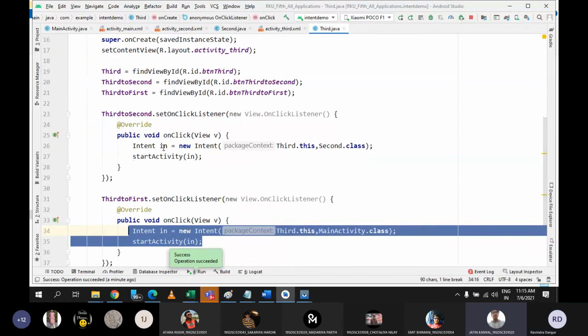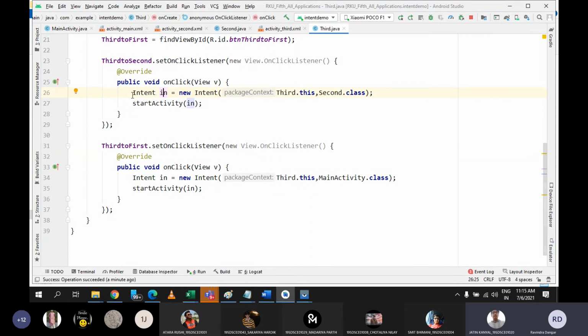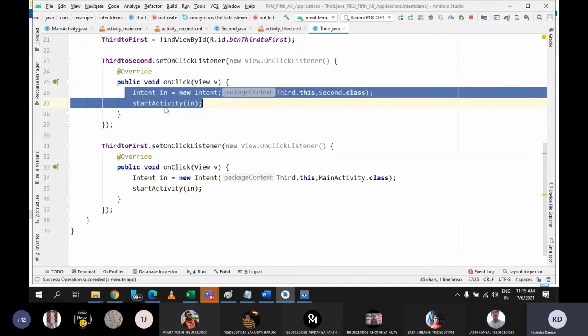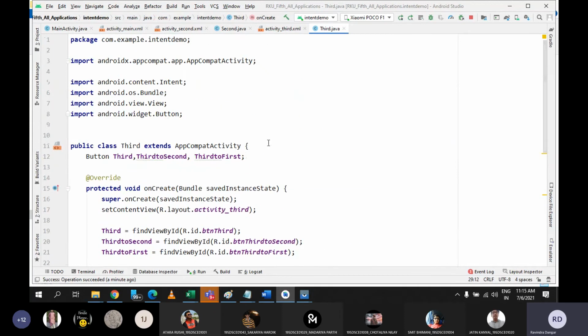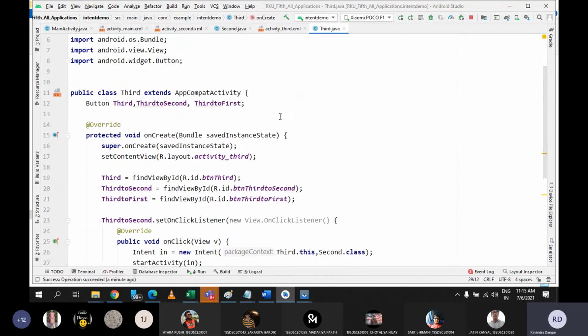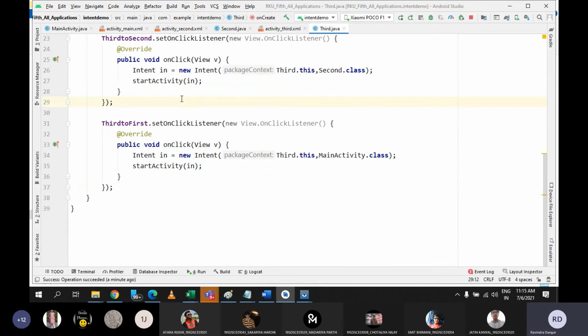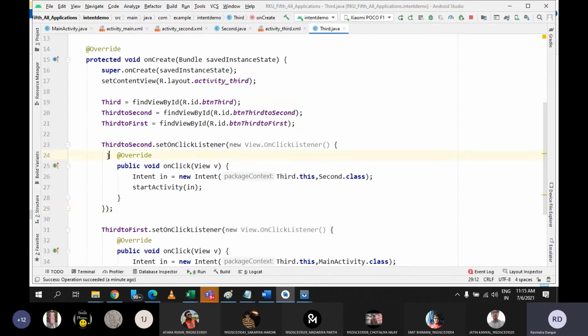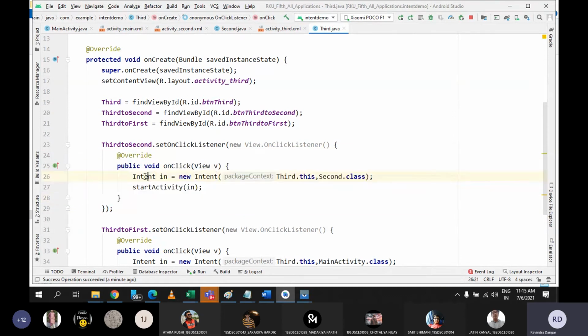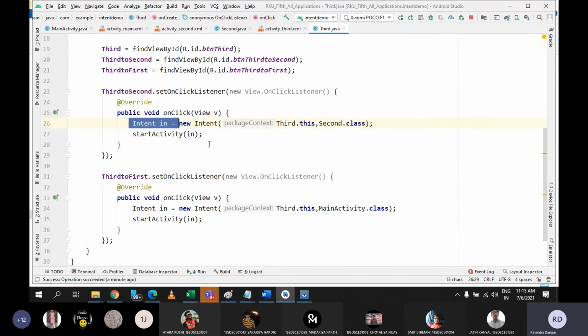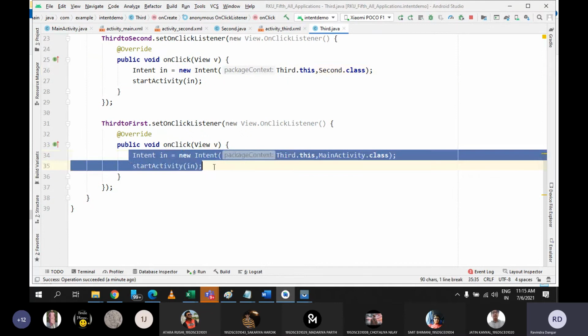Yeah, it is up to you, because see this is a kind of static thing. We have declared this object inside this scope only, but if you make it dynamic, in that case you need to go with different objects. Here the scope of this intent is limited in this area only. Once I go out of this bracket, then this intent is no more. So that's why you can go with the same name, it is fine.